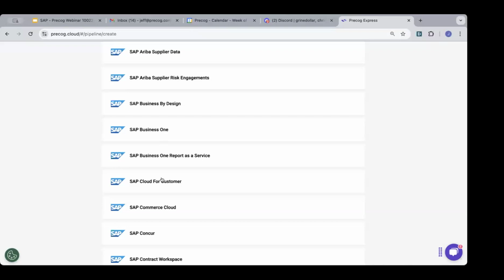Okay, next question. What security protocols are in place to ensure sensitive data pulled into Datasphere is protected? So from a Precog perspective, Precog is SOC 2 Type 2 certified. We also are GDPR, HIPAA, and CPAA certified. So we maintain all of the primary security certifications for a cloud platform.